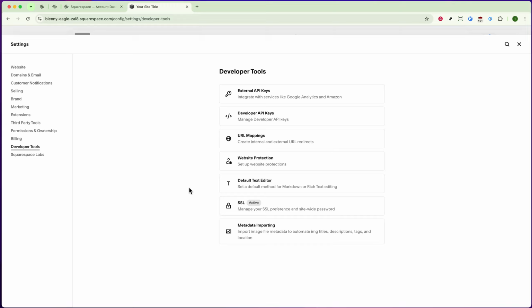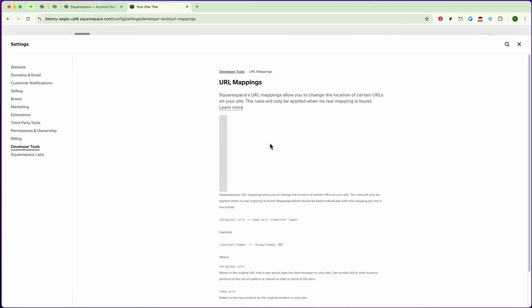Once you're in the Developer Tools section, you'll see an option for URL mappings. Select this, as it's the feature we'll use to set up the redirects. URL mappings is where you can pair broken or outdated links with their new destinations, ensuring visitors are seamlessly directed